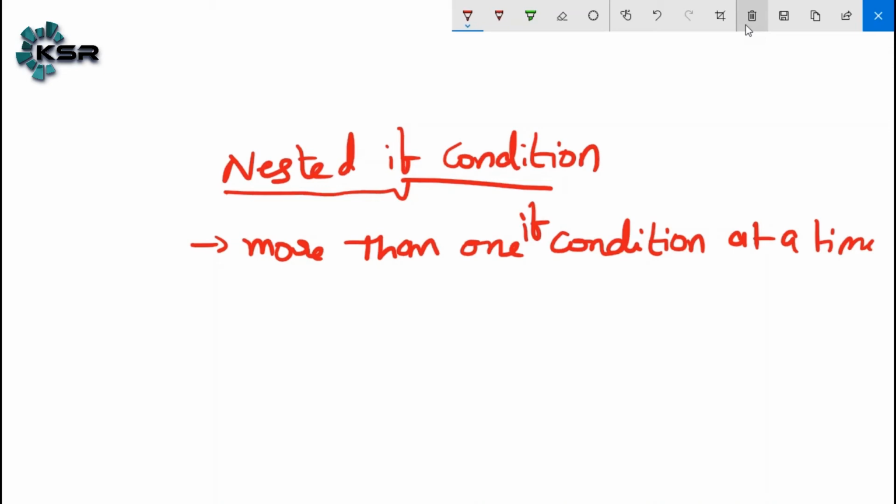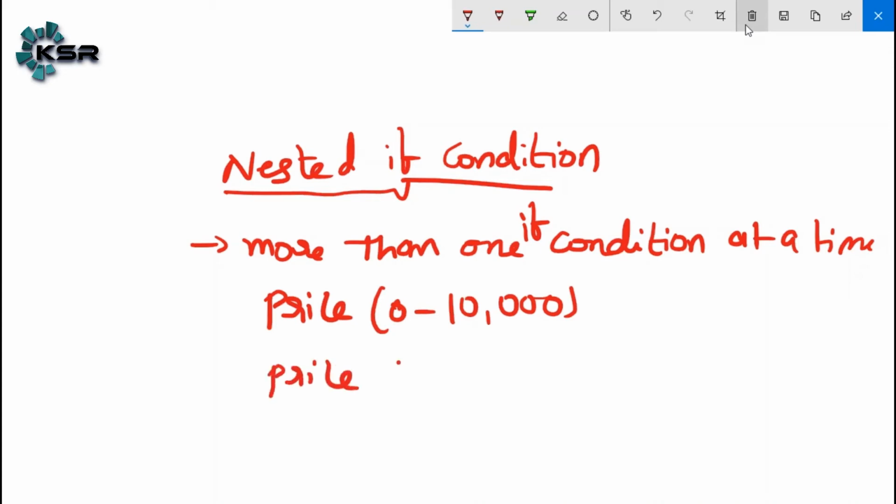Let me give you one small example, just as an example. Let's say we have a price variable. Prices range from 0 to 10,000, I mean minus also will be there. If price is less than 0, we set the price class as low.